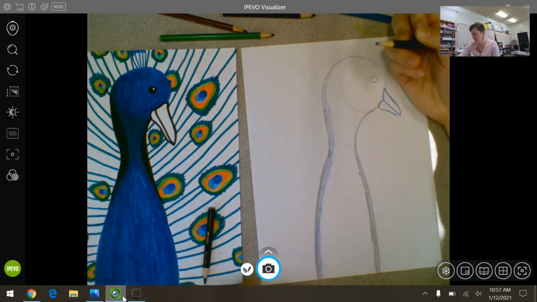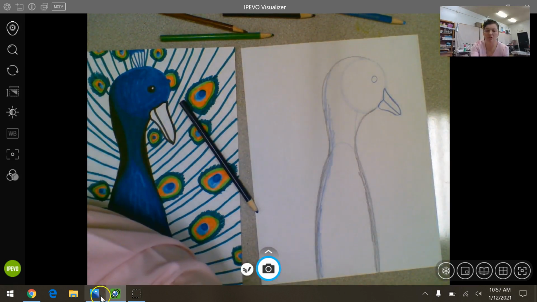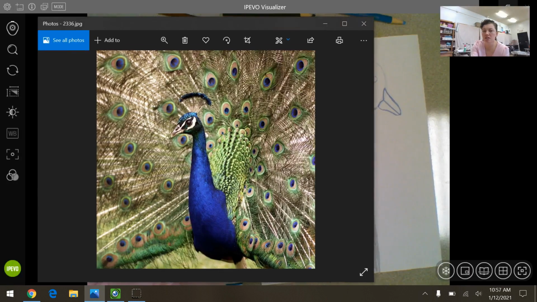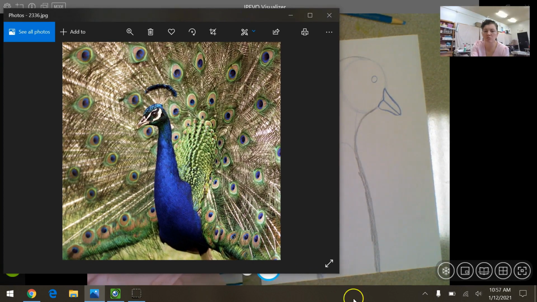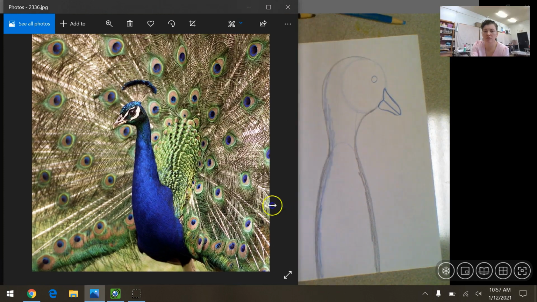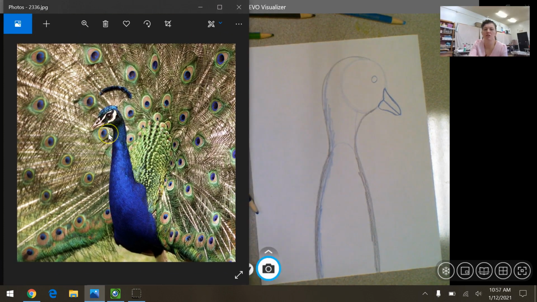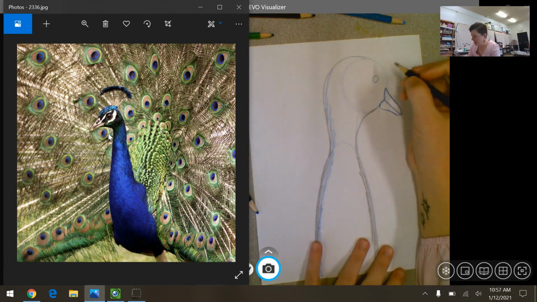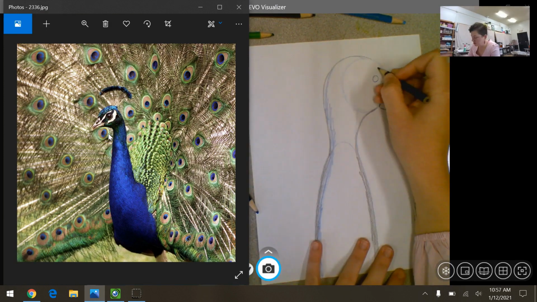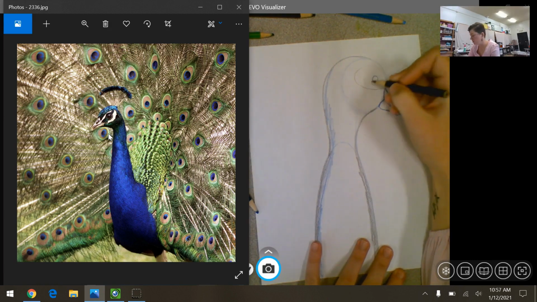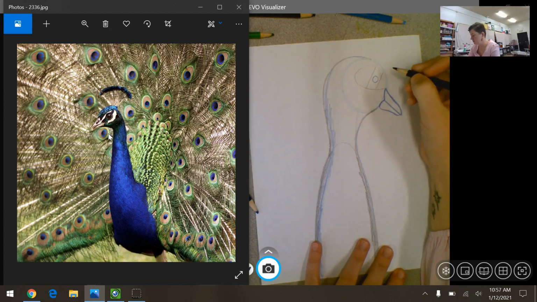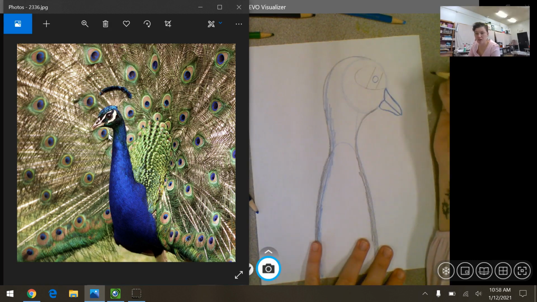Okay. Now I'm going to pull up the picture again, but I'll minimize it. I will make it a little bit smaller so that we can look at where the white is around the eye. Okay, so when we look, the beak is mostly white, and it's almost like there is a little bubble around the eye. Okay, so what we're going to do is we'll do a streak through there that will be black, and then the other parts will be left white. Okay,